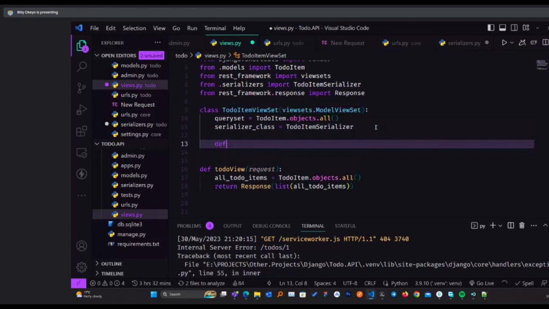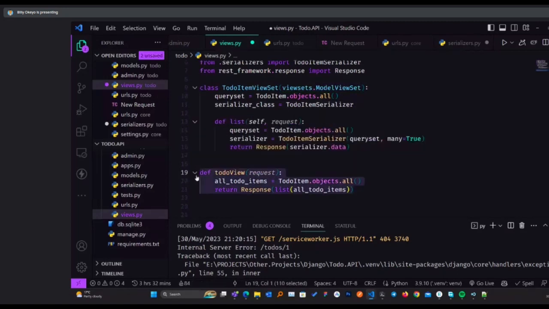Though a proper way to do it is probably just have a function, because for specific things, you might need a tailored response. So for that, you can write a function on its own. Though you can choose to also override this list, but for everything that calls the to-do item with a get request, it will have the response, or rather the structure, that we specified.